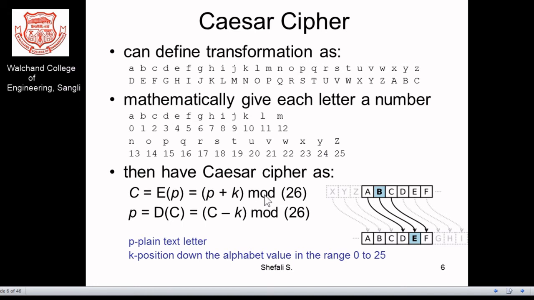So the plaintext position, P, is considered as the plaintext position plus 3 by default. Mind well, by default for Caesar the key size is 3 unless specified. If it is specifically mentioned that the key size is something, say 5 or 10 or whatever, you can use that. But if it is not given, then by default Caesar utilizes k equal to 3. So if a is there, 0 plus 3 gives 3, so a is converted to d.